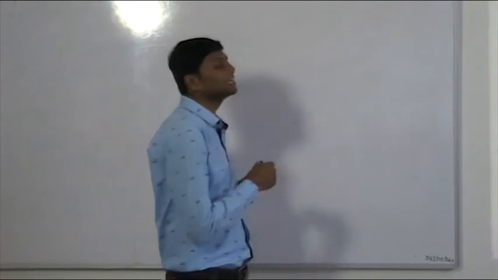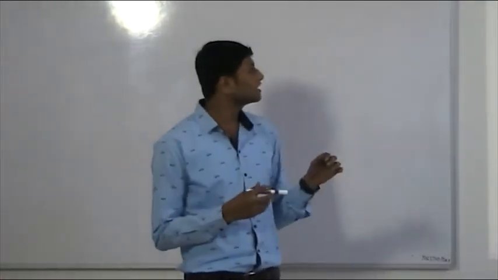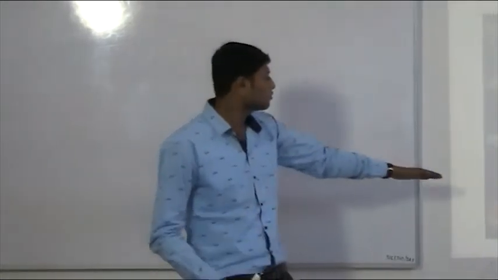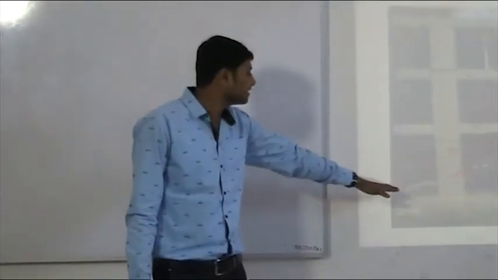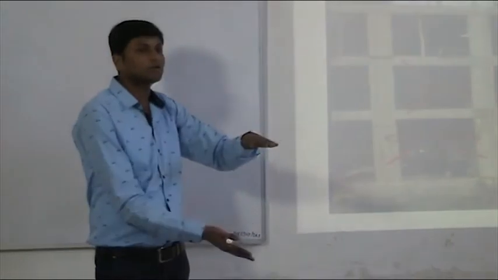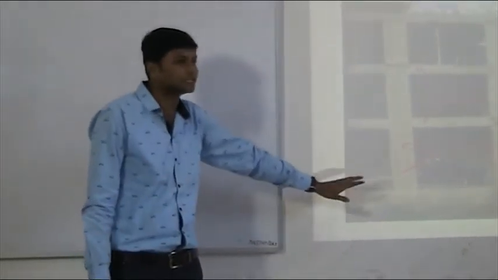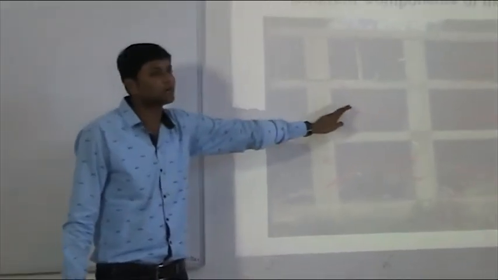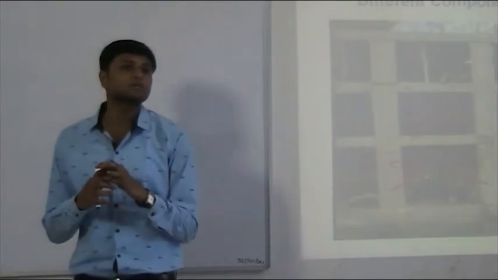Just like in our building, there are different components. First of all, this is the ground level, then there is a footing below the ground level which is not shown in this figure, but this is a column, then beam, and above this there will be a slab, and this type of beam is a cantilever beam. So ultimately, what is the function of a beam?